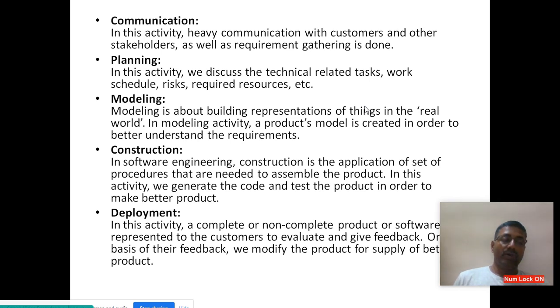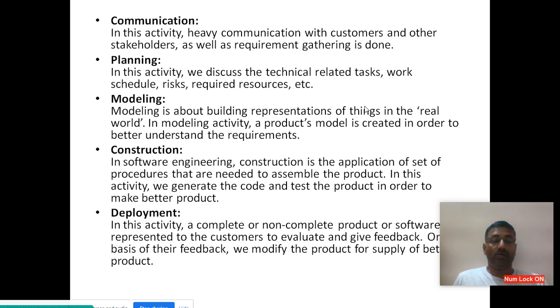Each and every model gives us a better understanding of the requirements: where we are going to start, how we are going to do our next step, and if there is any risk, how we are going to face it. So everything should be focused by the models. That is the theoretical approach. Every software development should be focused on models. Without a model, we never develop any good software.